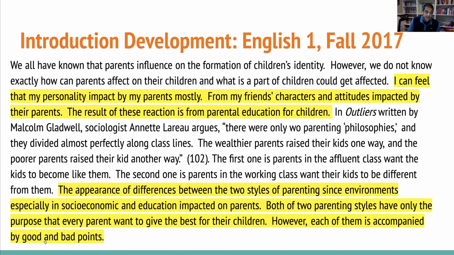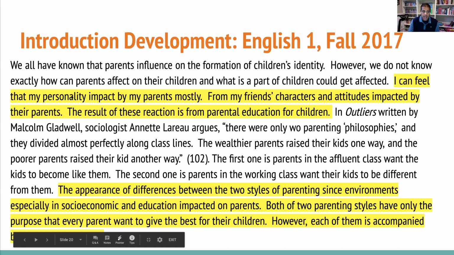As we start to move on and look at the introduction development the very following semester, right away, one of the first things we see is the structure, the way that the paper is set up and introduces the source she's reading. This was my class, and we were reading a section of Malcolm Gladwell's Outliers, The Trouble with Genius, where we're looking specifically at parenting philosophies and to what extent a parent influences a child's sense of identity. It's paired with some different texts. And one of the things we can see in the very beginning is she presents an argument early on in this first highlighted area, right?